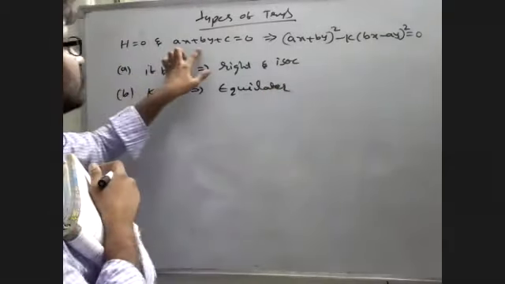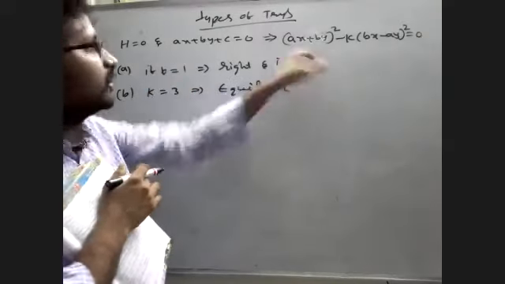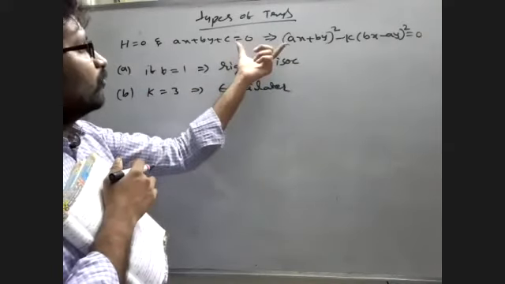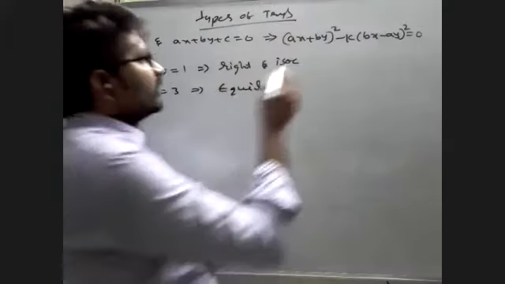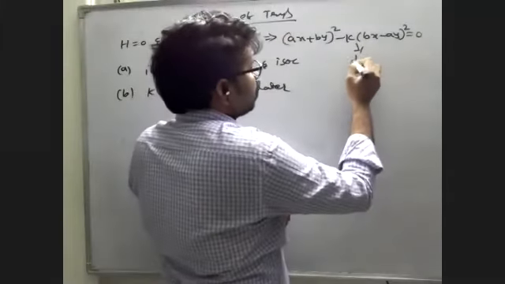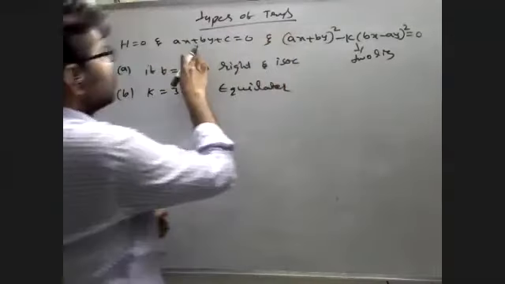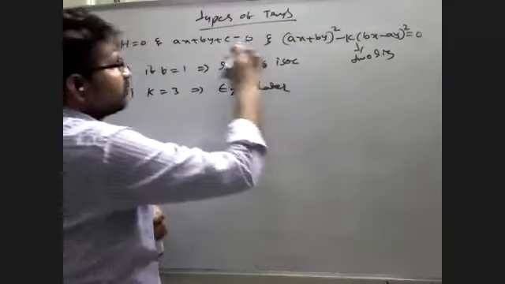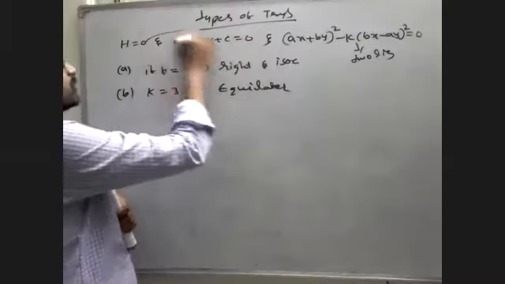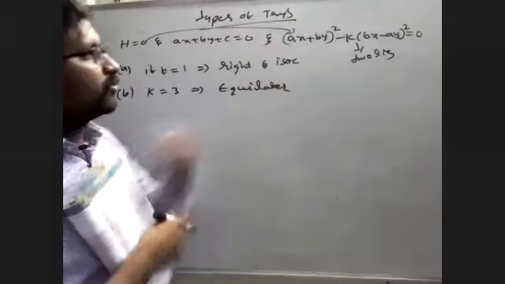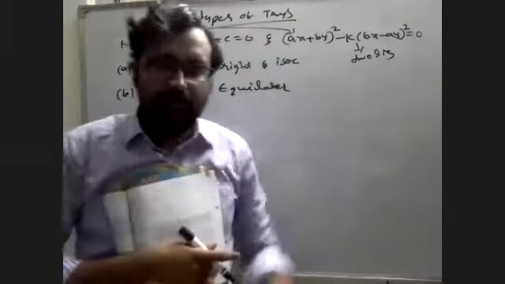See, this is one line, this is one pair of lines. By these 3, a pair of lines means how many lines? 2 lines. This is one more line. 2 lines and one more line. This h equal to 0 is this only. 2 lines and 1 line form a triangle,